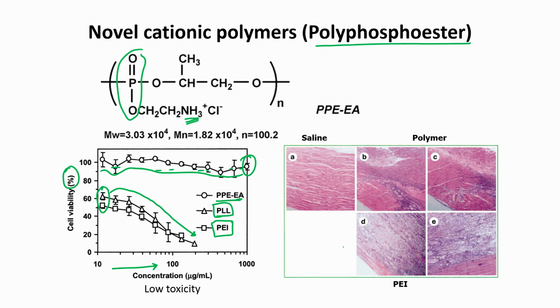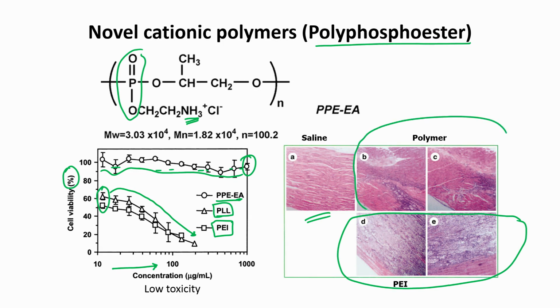This is further confirmation in an animal setting. So, they are looking at what happens when they inject this polymer into an animal. You can see the tissue looks fairly healthy, it is well organized in a saline injection as you would expect, but if you are injecting PEI you see quite a bit of toxicity, and with their polymer it is much closer to saline than it is with the PEI. So, that is what they started with,